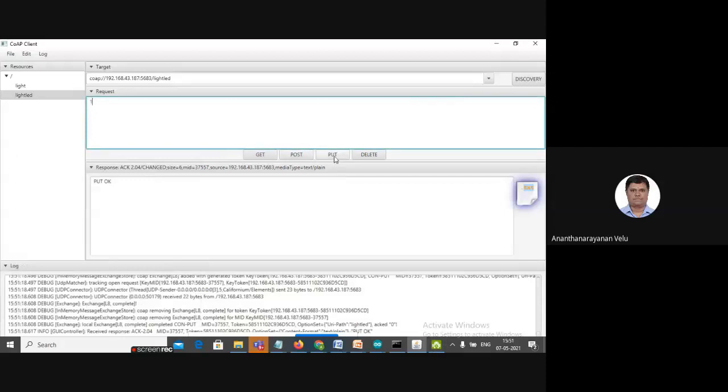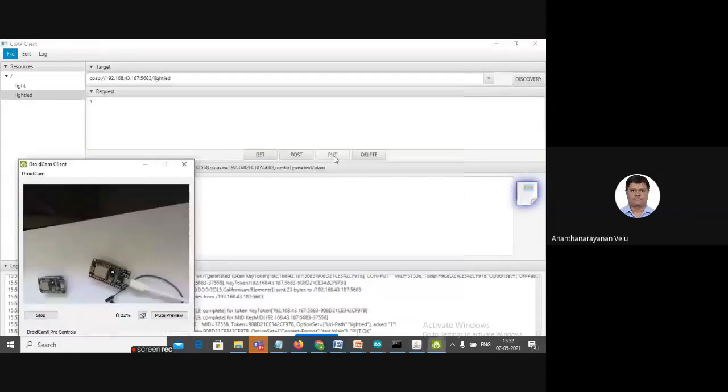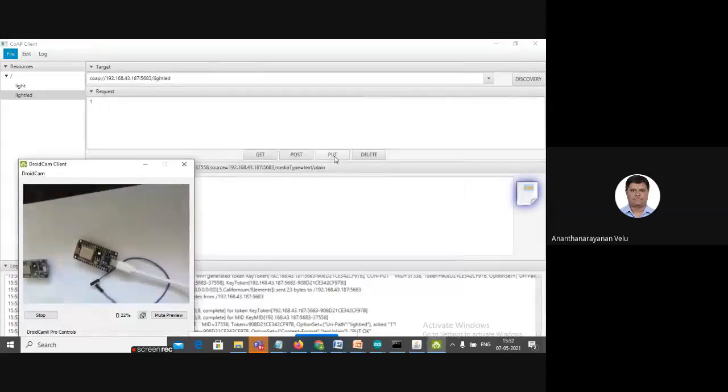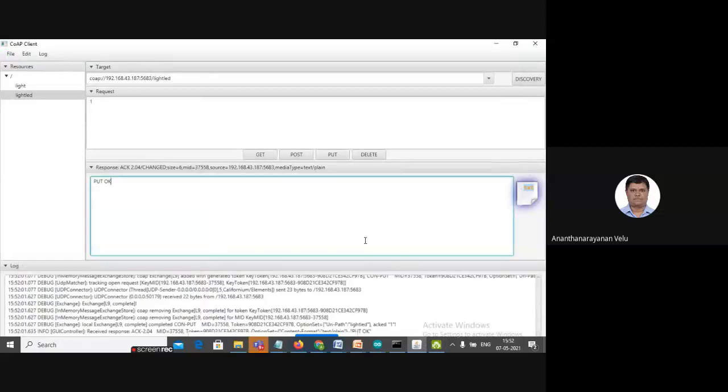And if I click the put button, you can see they get switched off, and the response is also noted here. Whatever I put, it was responded to, and in the debug you can get all this information. So my request is, don't worry about this.